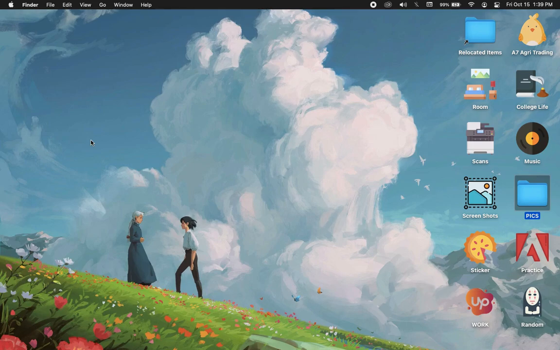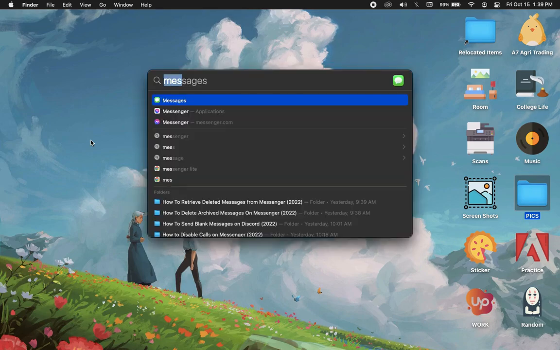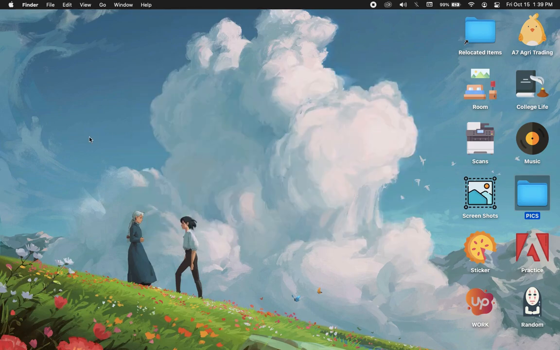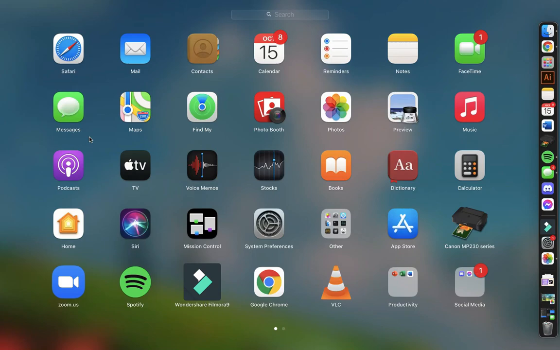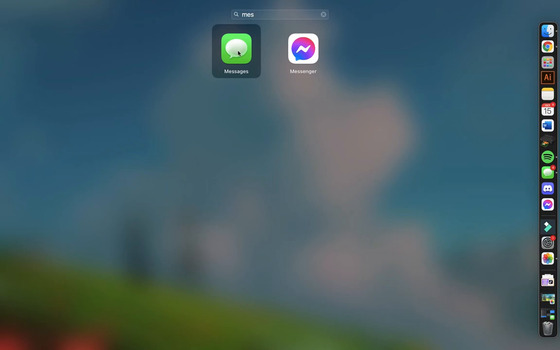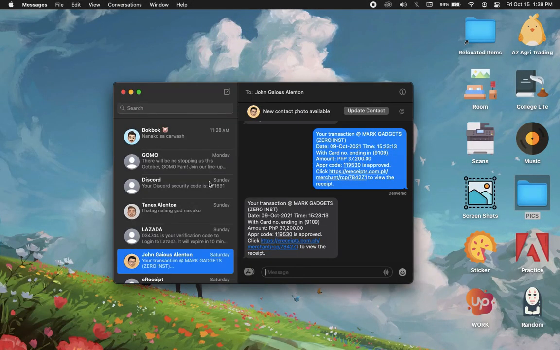The very first step is to open the Messages app by holding Command and Space and search for Messages. Also, you may search for Messages by clicking on the F4 button and then click on search and search for messages. Open the Messages app and then here you should click on the App Store button or logo and click